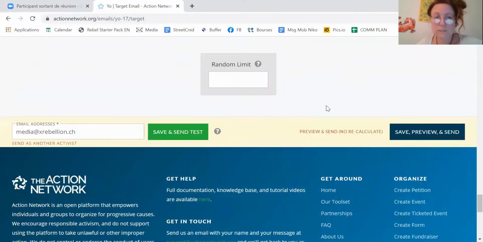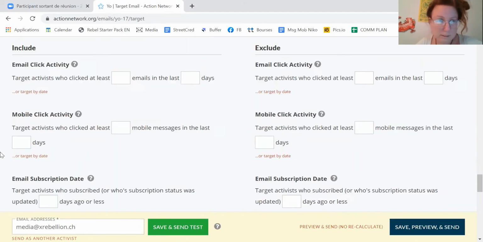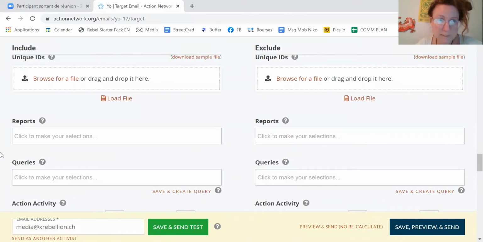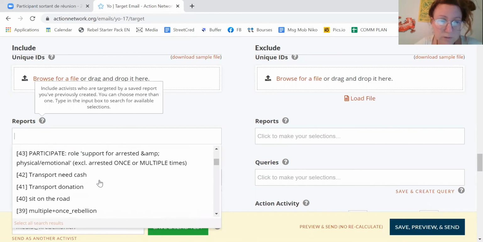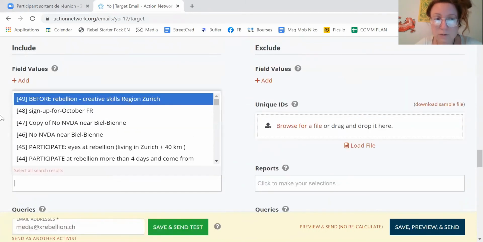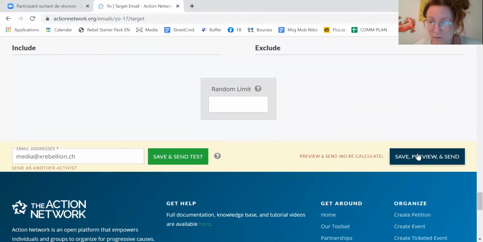Anyway, long story short, once you've selected everything you wanted, you can go into, well, wait a second. Yes. If you want to make a more complicated profile selection, you might want to use reports. And here you can choose between all the reports that have been generated before. So if you have yourself created one, you can use the one you've created to send it. Then you'll go to Save, Preview, and Send,